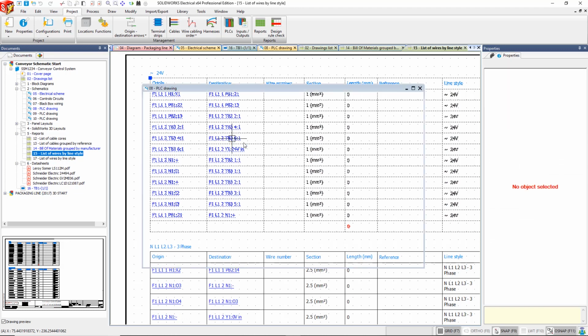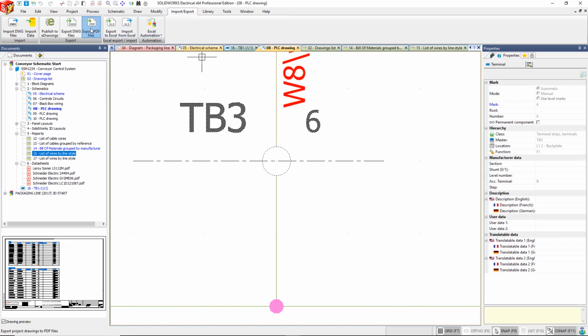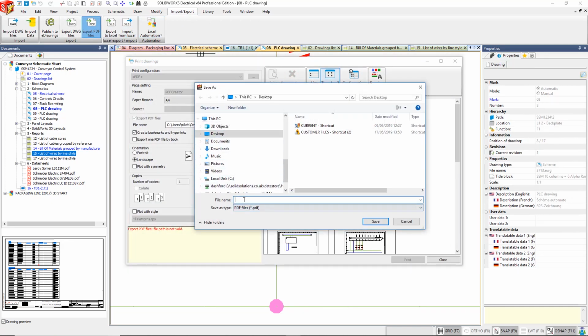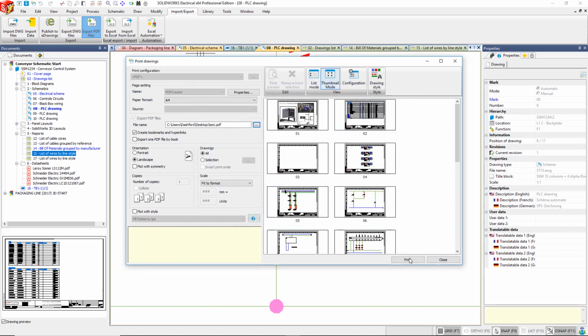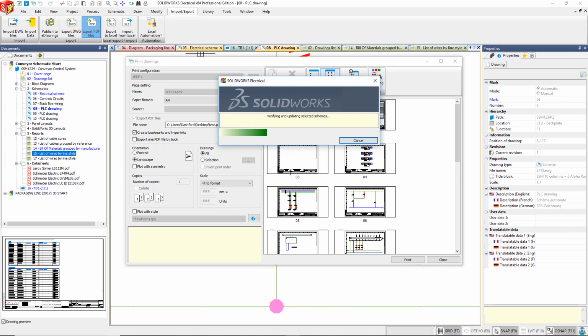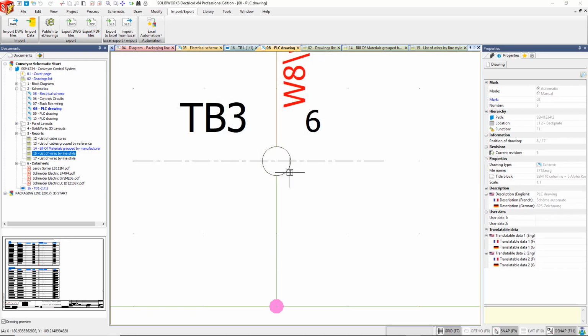The hyperlinks are accessed at the click of a button, which means that the document is fully navigatable by using those clicks. Just to show that output, as I'm talking about it, if I quickly do a PDF to my desktop, you'll see all those hyperlinks come through. It prompts me as well to update my reports at the same time, so it's very difficult to actually publish a document which isn't up to date.